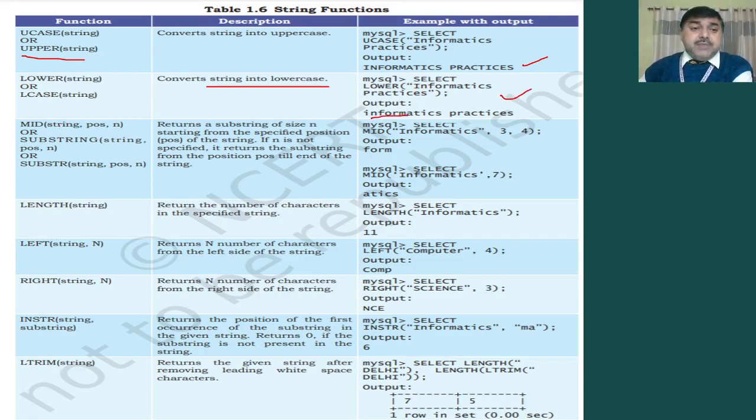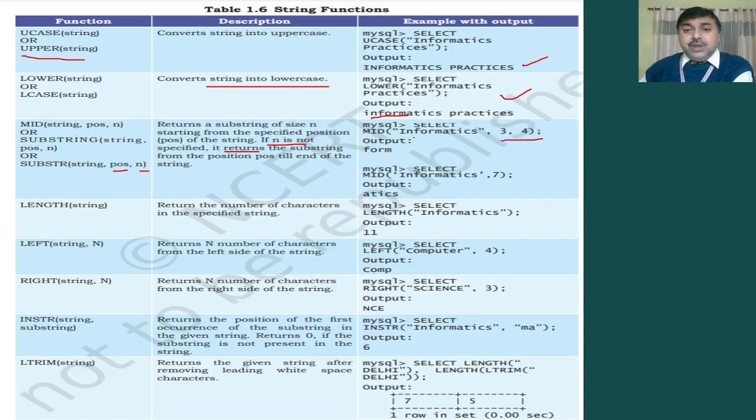MID means what? MID, SUBSTRING or SUBSTR. Now the position, from which position and up to where. That means it takes the position and n characters specified and returns the substring. Like here you can see SELECT MID of 'information practice', 3 comma 4.